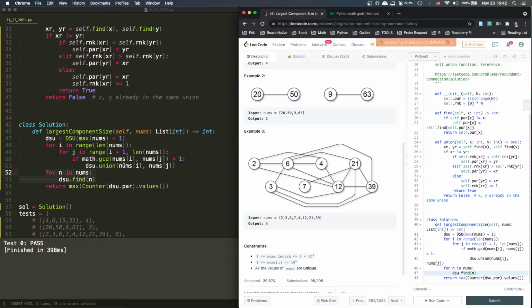Well, GCD might take too long as well. Can we do better? I mean, we can. Can we? How can we do better? What does it mean by doing better? Well, doing better means